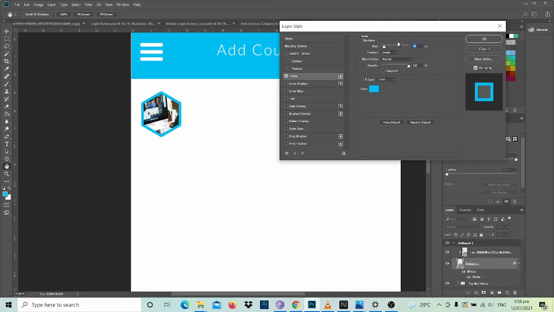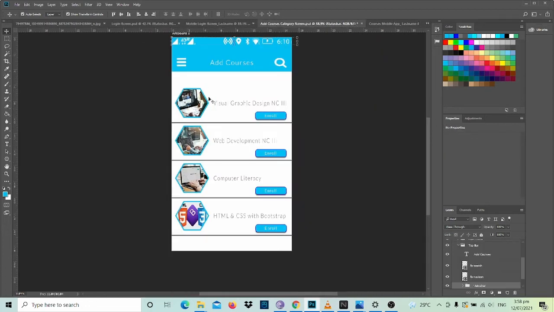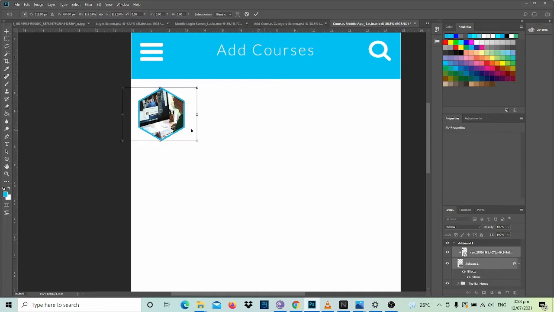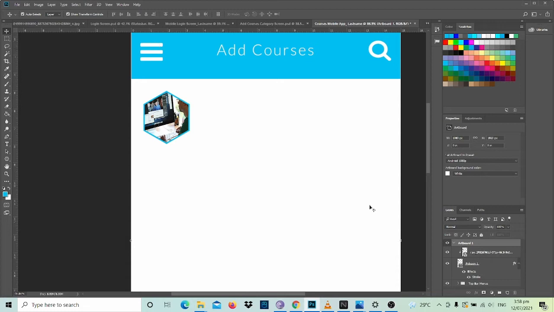So you can make it smaller if you want. Okay, so in this part it is a bit big, so I will prefer to use this, and then it can be made smaller. Okay, so that's it. So after that, you have to make a